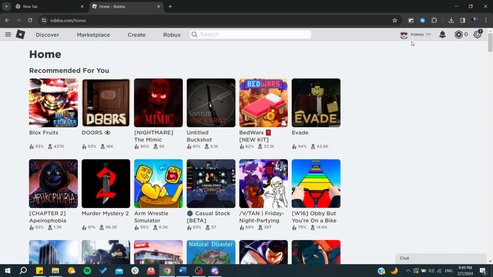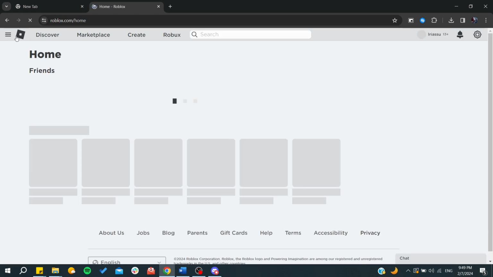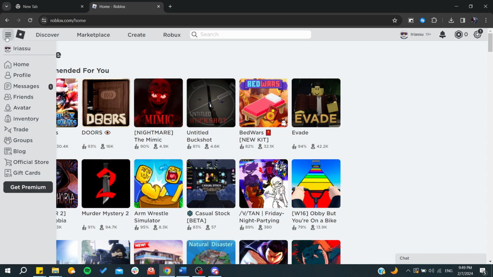Then you will need just to log in into your account, and here in the main menu, we need just to search for the groups menu or the group page. To do so, you click here on this navigation bar. We can find it here in this menu or in this toolbox or tool menu. We click on the nav bar here, and basically we will find home, profile, messages, etc. And if we go down a little bit, we will find groups.